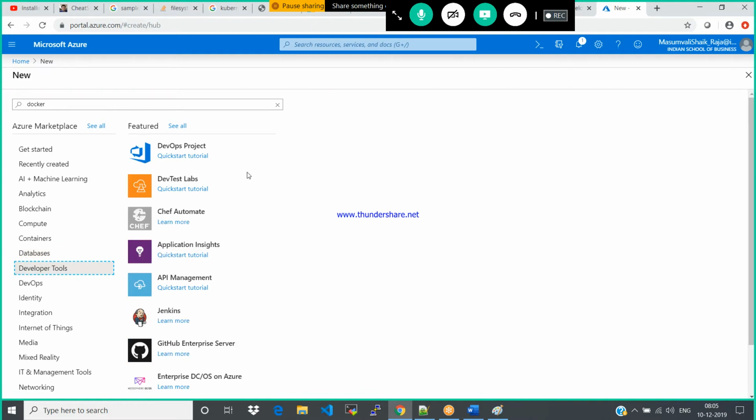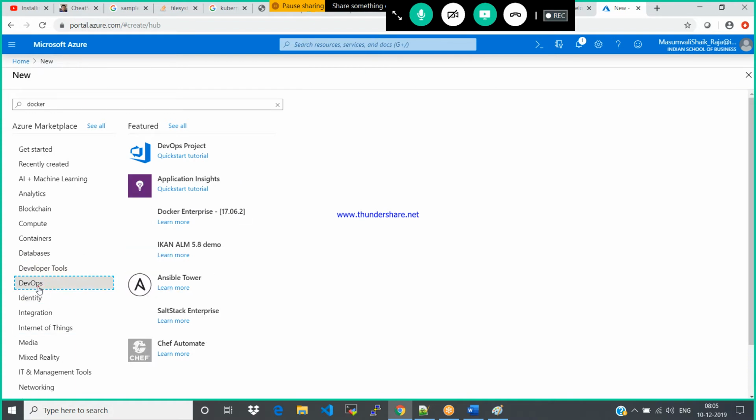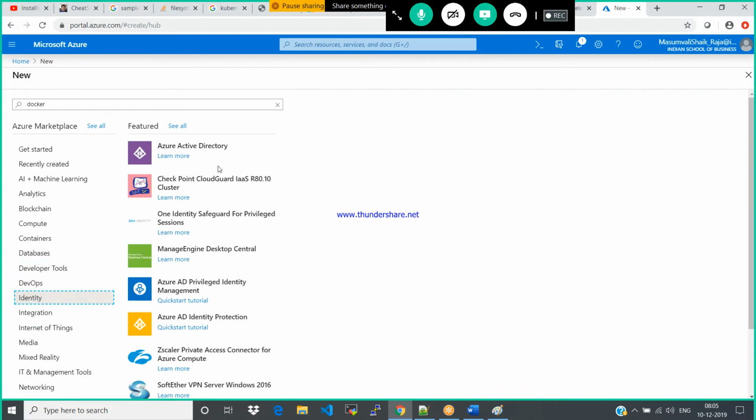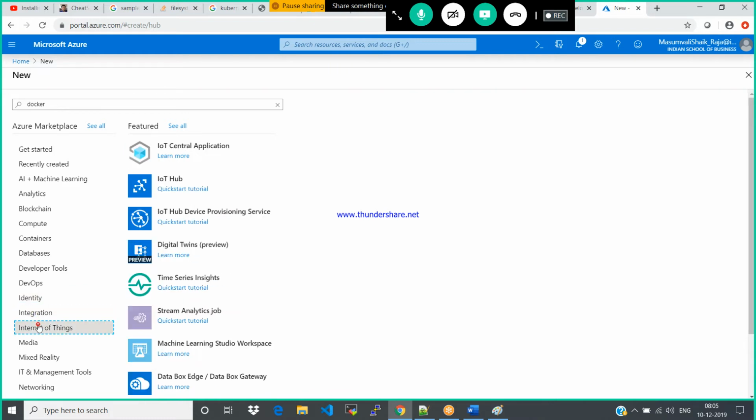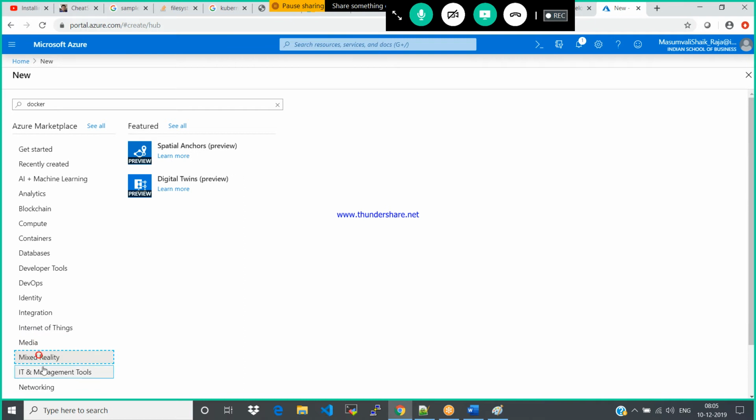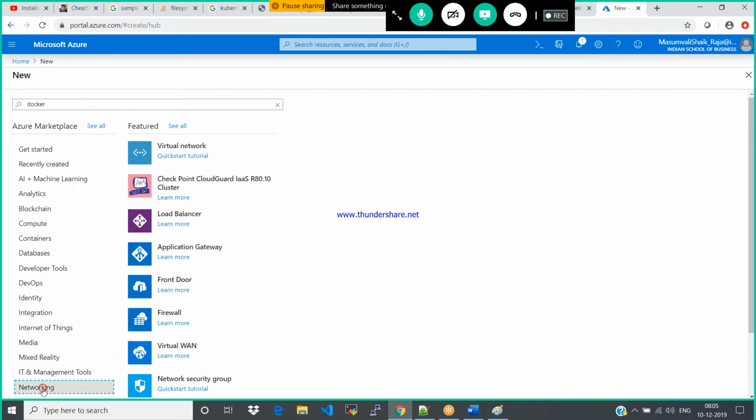Developer tools, DevOps, okay. Again DevOps, separate, identity, Active Directory. These are all the services. Coming to the networking, virtual network, load balancer, application gateway, VPN.